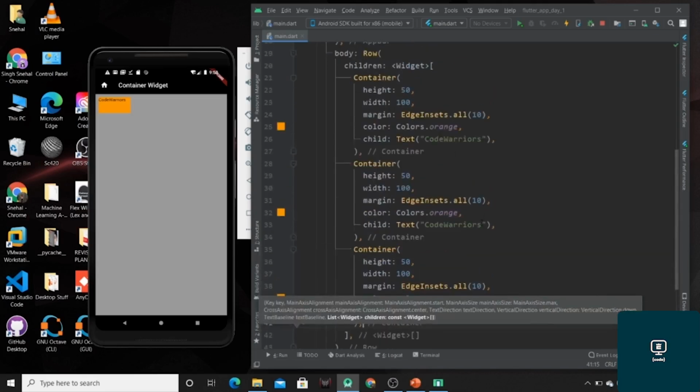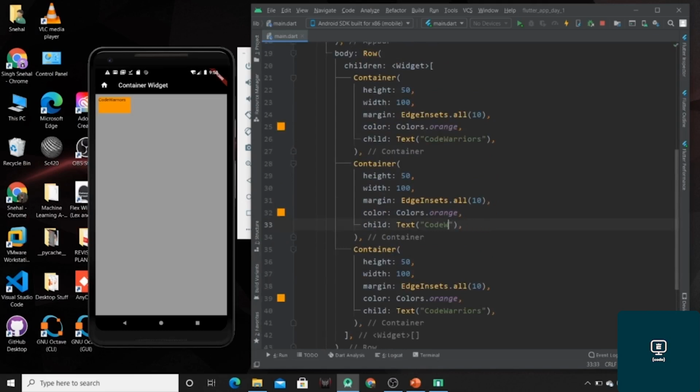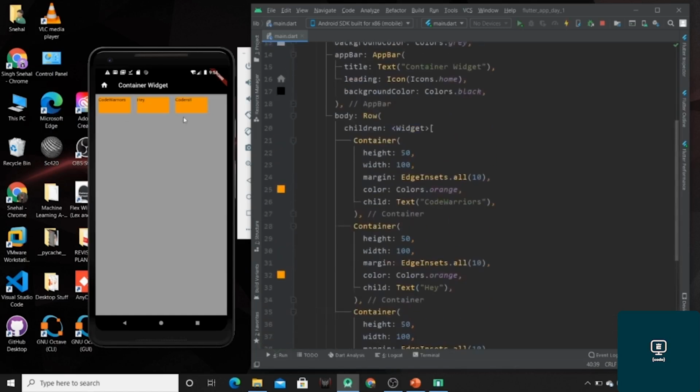So let me just change the text, just hit Ctrl S. Now you can see that we are having 3 containers in horizontal direction.